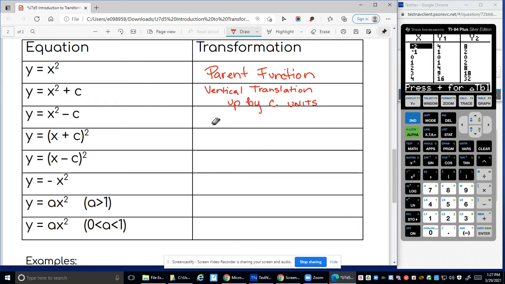Next one is going to be the same exact thing. Only thing, instead of going up, we go down. Vertical translation down by C units. Okay,